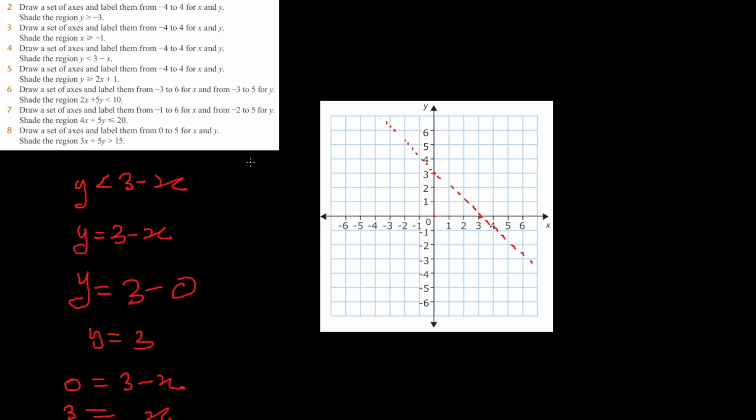And then we see that y is less than. We can just prove this. We can just take either one of the coordinates here or here. Let's pick this coordinate since it's easy. We put in x equal to 0 and y equal to 0. We can see that 0 is less than 3. So our inequality would be